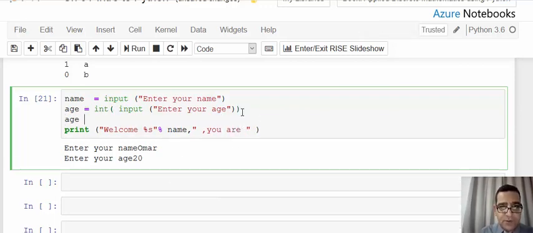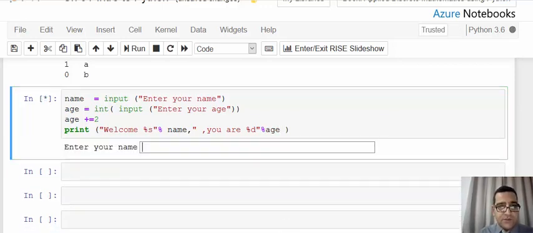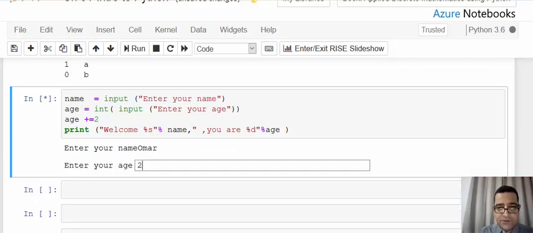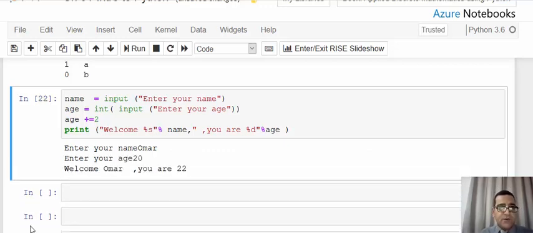If I want to make an addition, I add 2 to the age, just to show. So now the name entered is Omar and the age is 20. Now it prints welcome Omar, you are 22 years